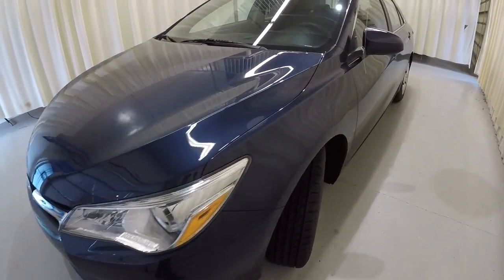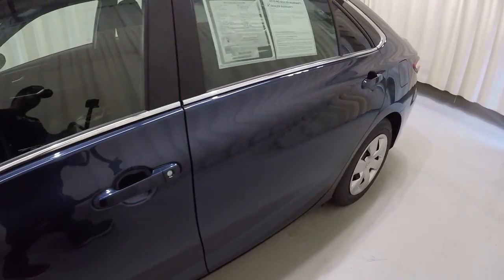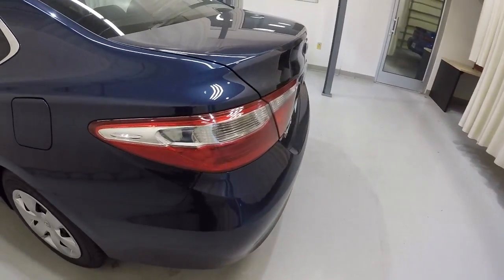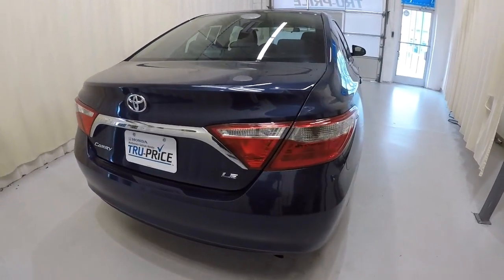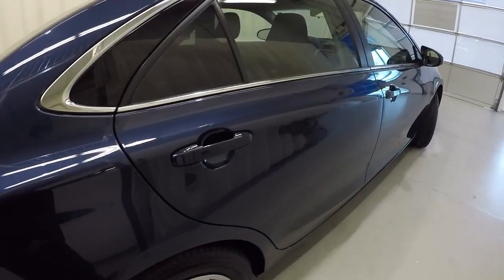Go ahead and give you the walk around of the vehicle. Make our way down the driver's side. Everything's in really good shape. Across the rear of the vehicle, it is equipped with a rear backup camera. Everything looked good there. Down the passenger side,